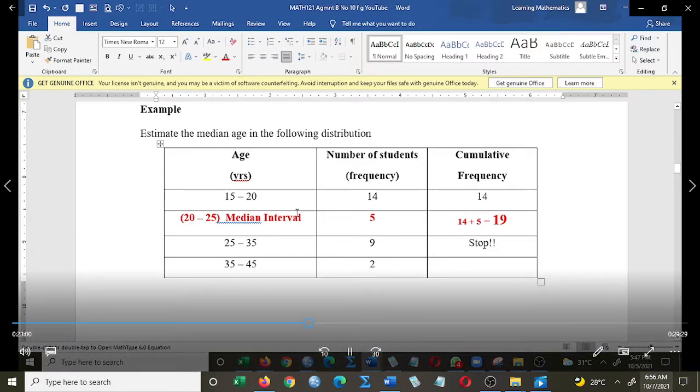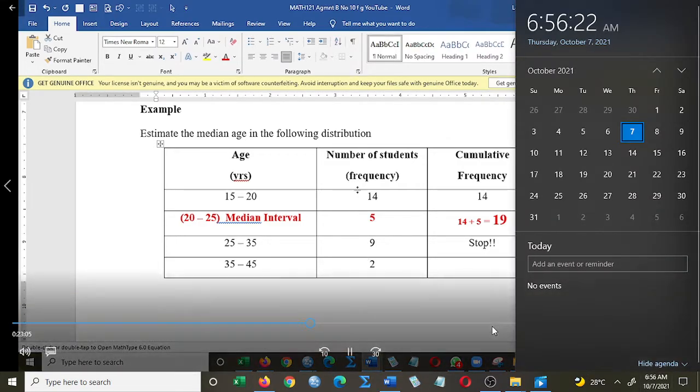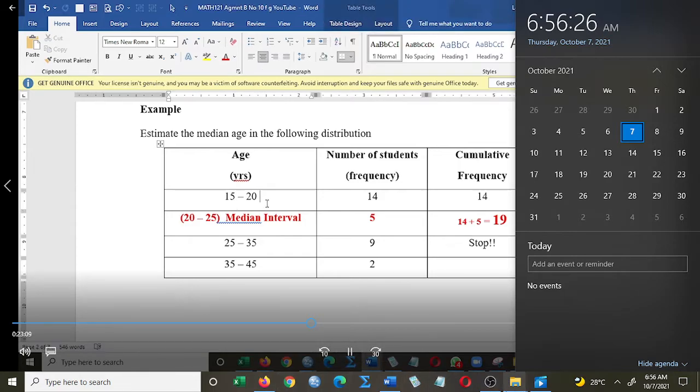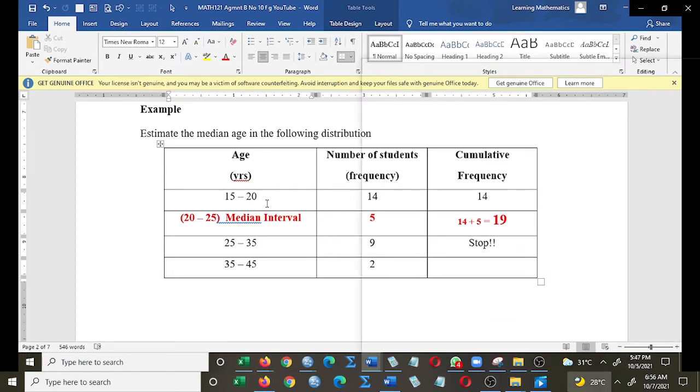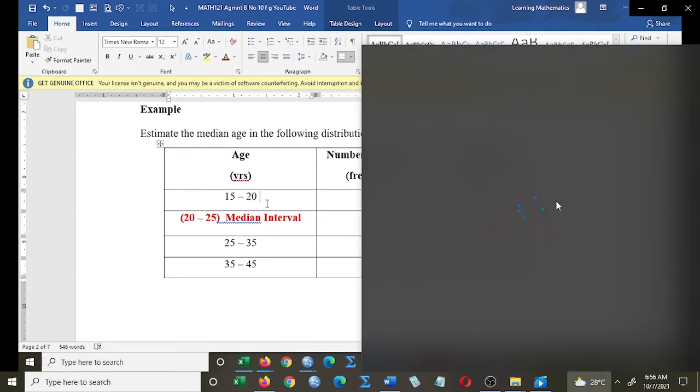For example, these are 30 individuals, 30 students. 14 of them are between 15 and 20. We do not know, and we can never know unless we have the original raw data, what the actual